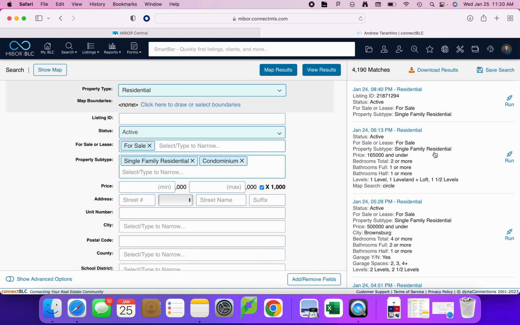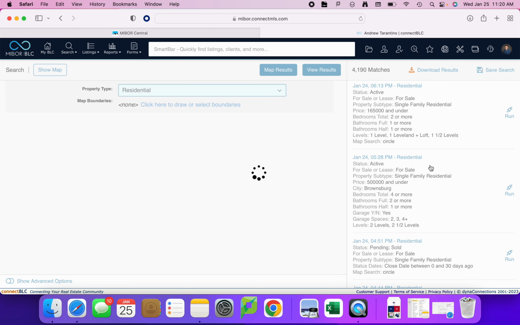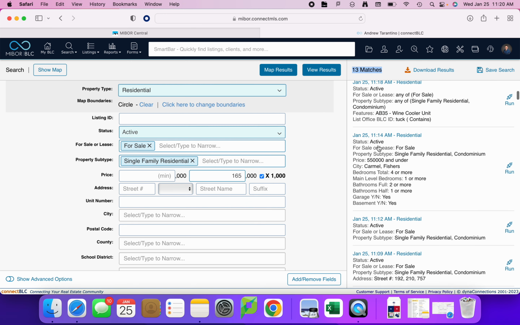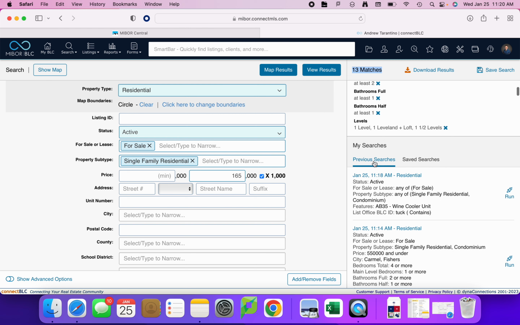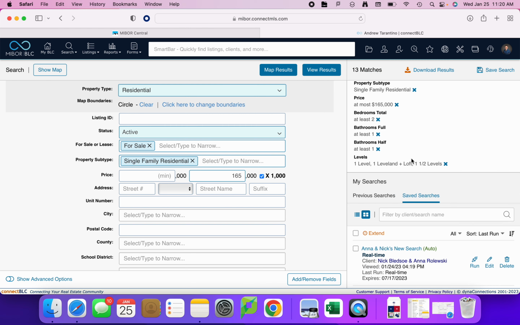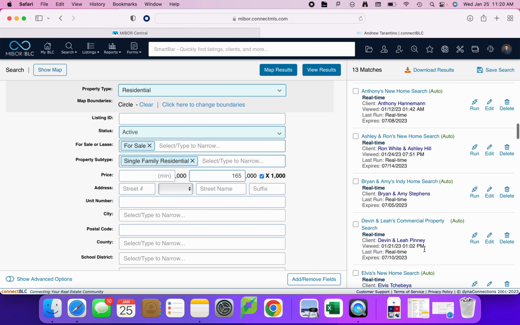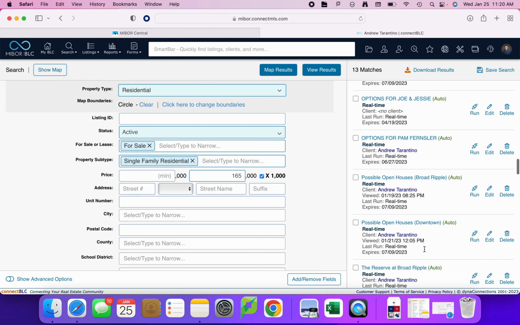If I wanted to rerun this search, I could click anywhere in here. I don't have to click run necessarily. I could just click here, and it's going to run it. Notice there are only 13 matches. So that is our previous searches. If you do have saved searches, so I have,